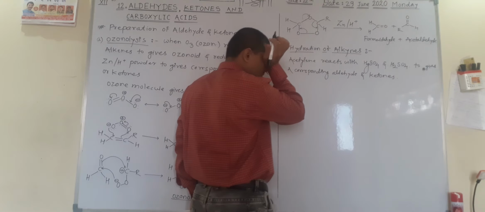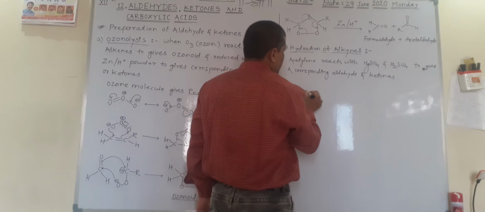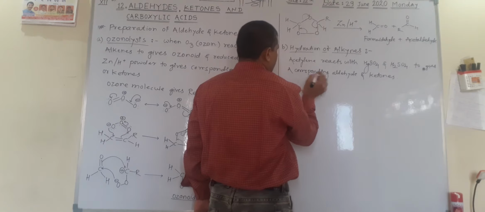Now here an R group or H group on the acetylene can be utilized. Here HC triple bond CH we can utilize,